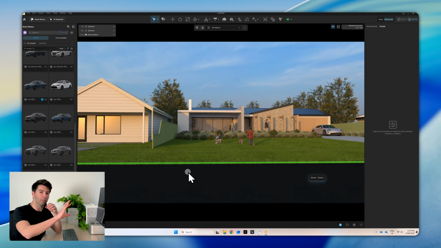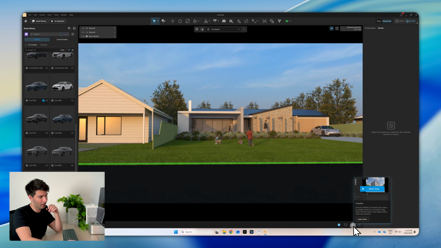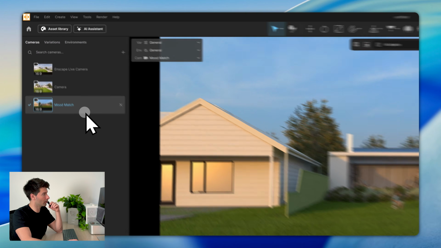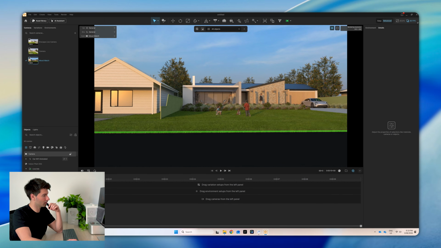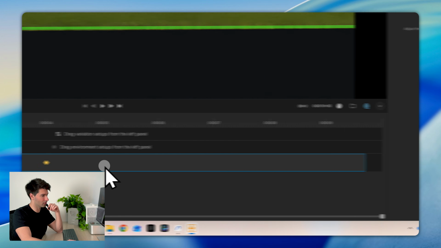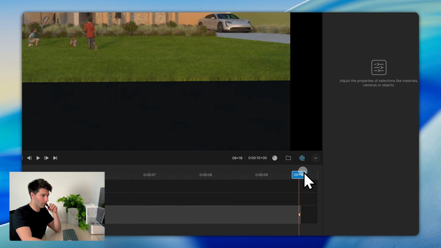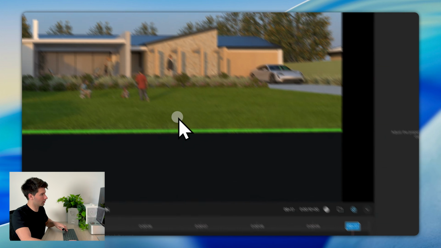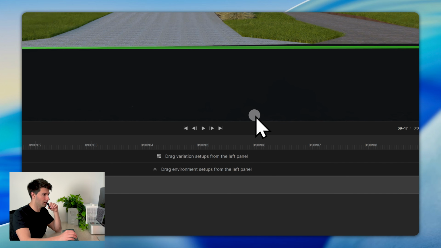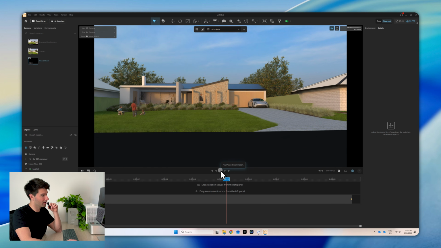So now let's say we want to do a swooping camera shot going from one side of the house to the other with the car driving through it. Well, we're going to click on our timeline down the bottom, and then it's super easy to do. We're going to close our library. We're going to drag and drop our first camera scene in. And then personally, I like to just extend it to about 9-10 seconds straight away because it slows the scene down. Drag it over to the other side, scrub our timeline to the very end of the project, move the camera scene as far over as we'd like it to go, and then just simply click save so it saves that keyframe. If we press play, you'll see that car begins to drive right through the scene,